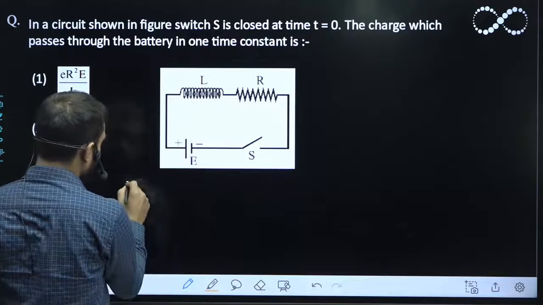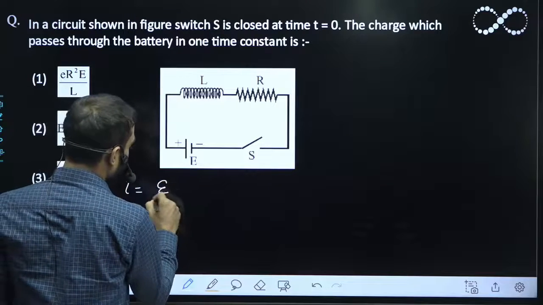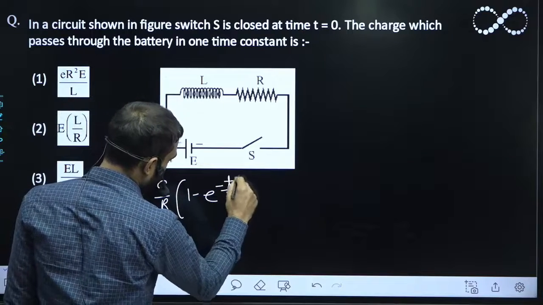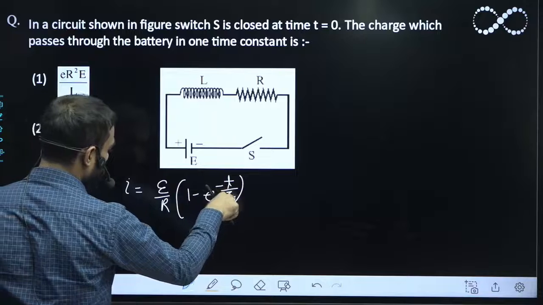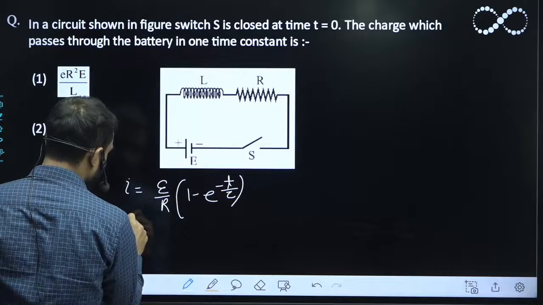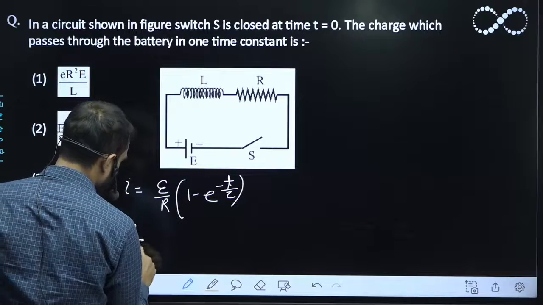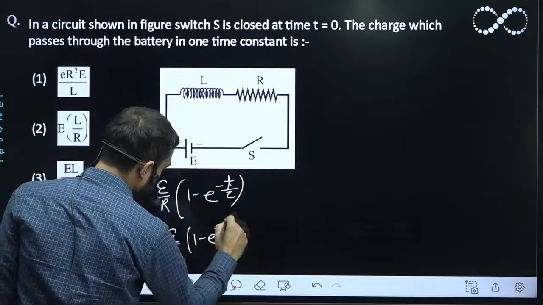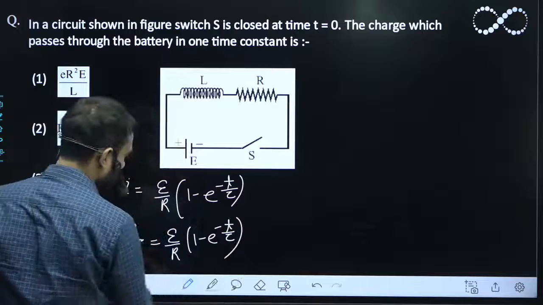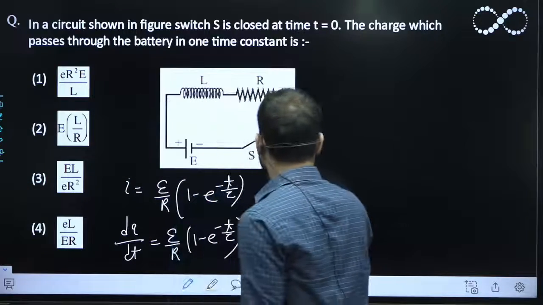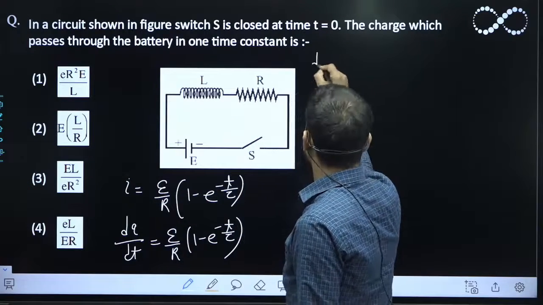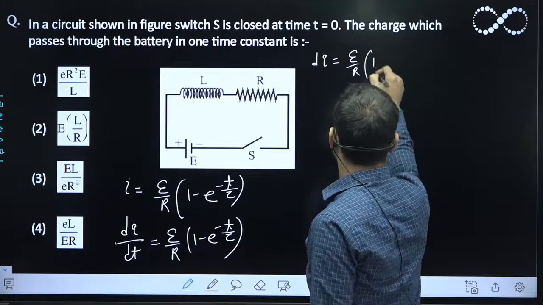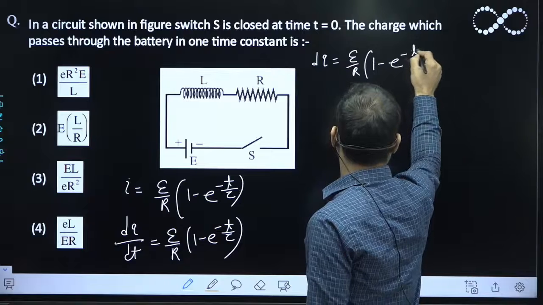So, you can say I will be equal to E upon R times 1 minus e raised to power minus t upon tau. This is the time constant, right. So, I will say I is equal to dq upon dt. So this will become E upon R times 1 minus e raised to power minus t upon tau. So from here, the dq will be equal to E upon R times 1 minus e raised to power minus t upon tau